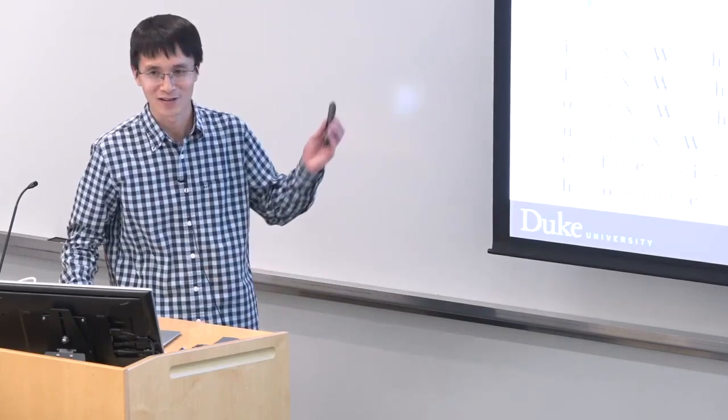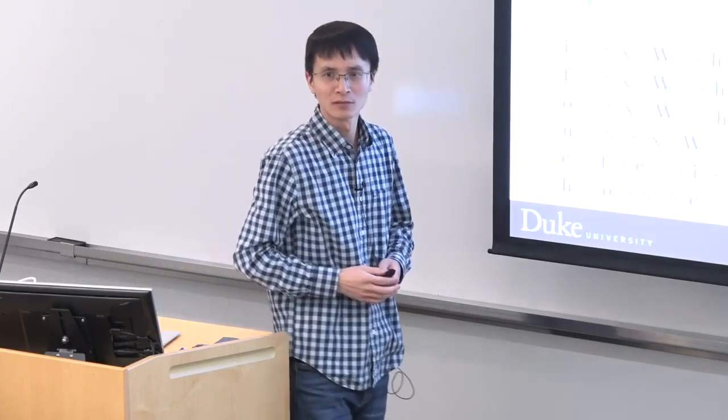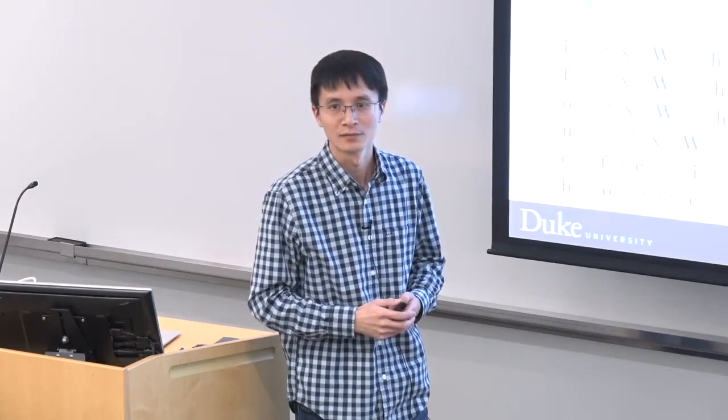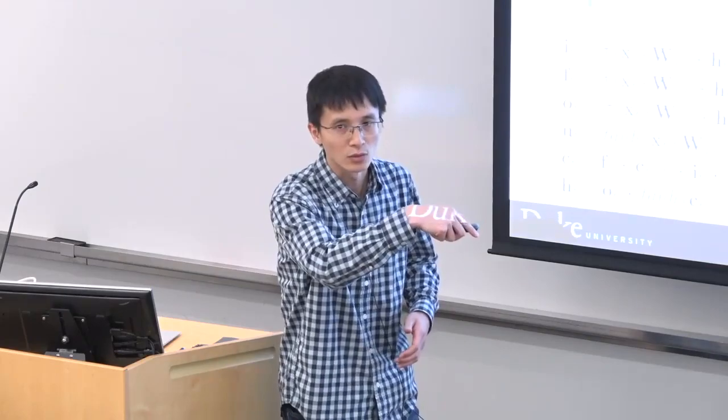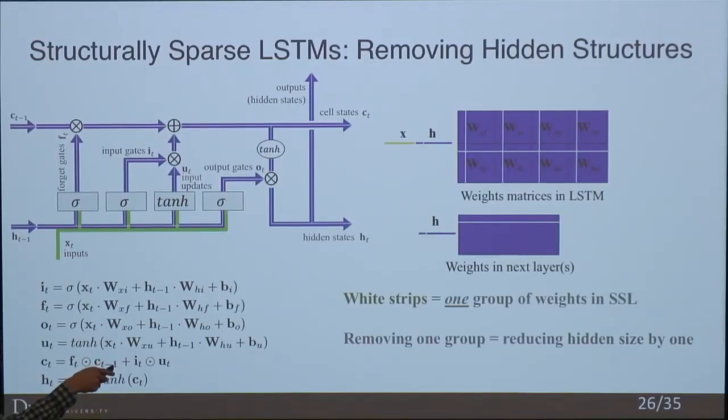When you remove a row, it's like removing one channel out of this hidden state, right? So you're going back to LSTM? Yeah, I'm talking about LSTM. In this case, the white row and all of them will be removed. So when you remove that row, it will look like a column and a row in each of these matrices. It's like, instead of having 1,000 dimensions for the hidden H, now you make it 999, right? Yes.